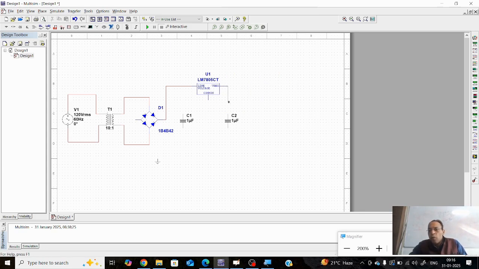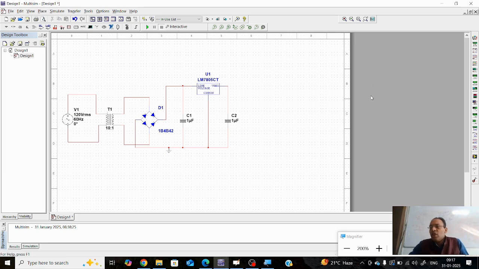After this, connect the output pin to the capacitor. This rectifier, this side will be connected to the capacitor, bottom side. This positive capacitor to top side, negative to bottom side. And here this ground pin is connected at this point. And after this, we have to ground the whole circuit. Okay. So this we have done the connections.